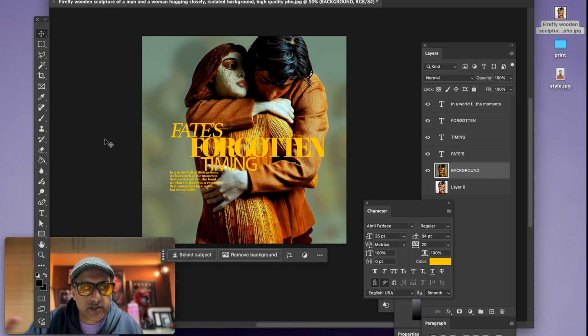Now, to finish this up, we will add a couple of other bits of info right here. So we're going to basically take it from the keywords that we actually gave to ChatGPT, right? Just use that keyword. So the man and woman,